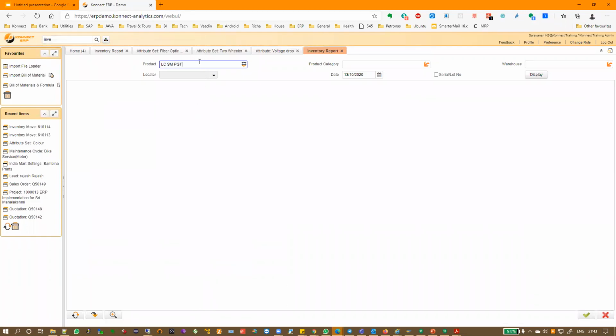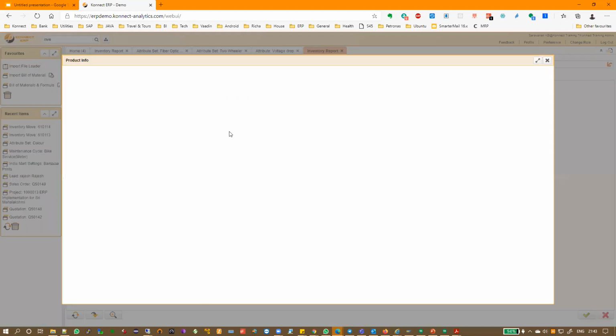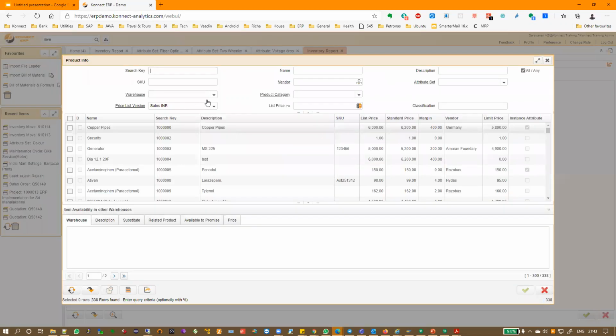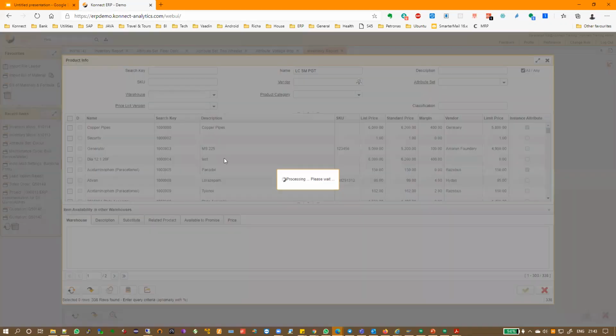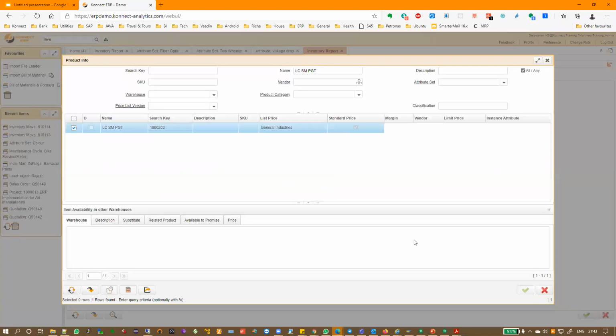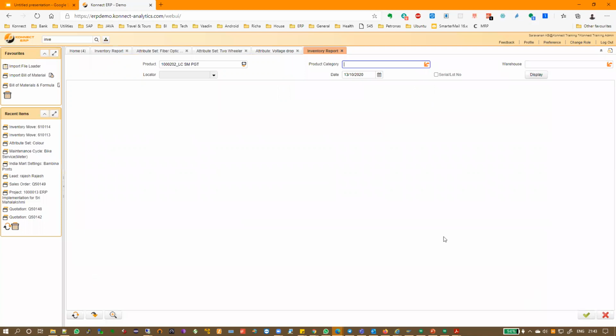Okay, so I go to my inventory report window. So here in the product tab, I can put the product. Okay, and then I can click display.